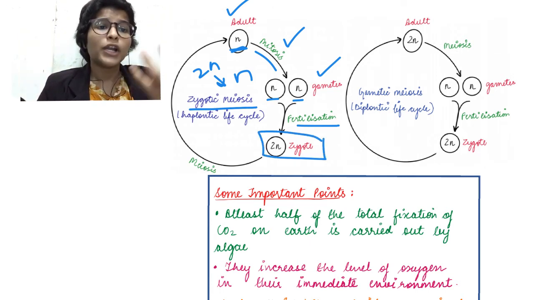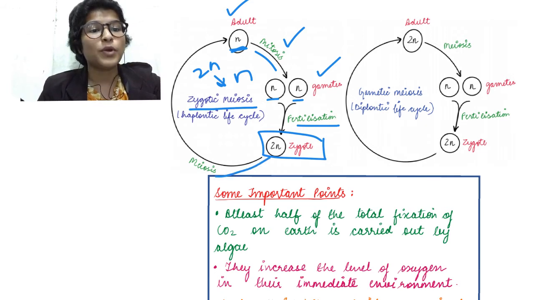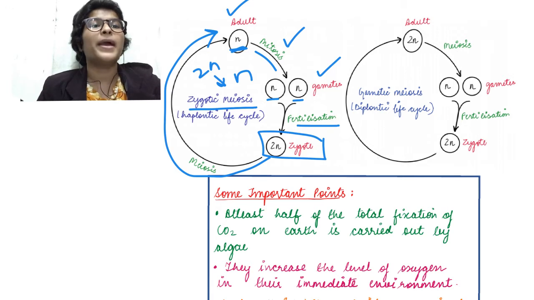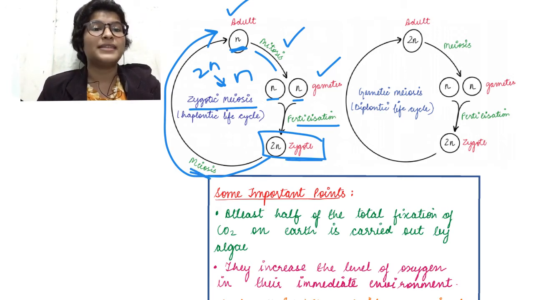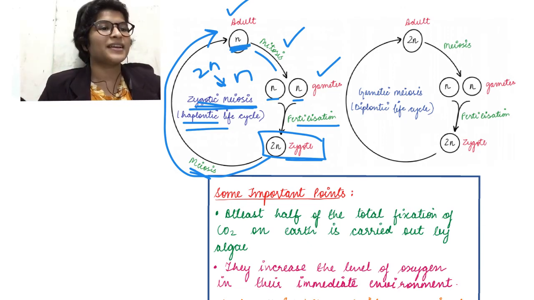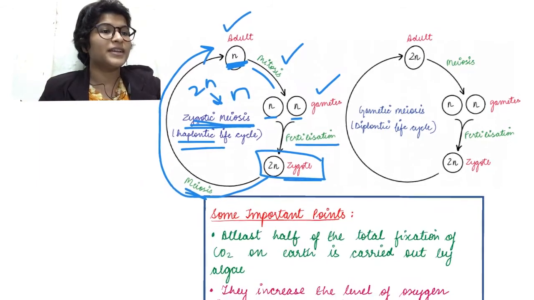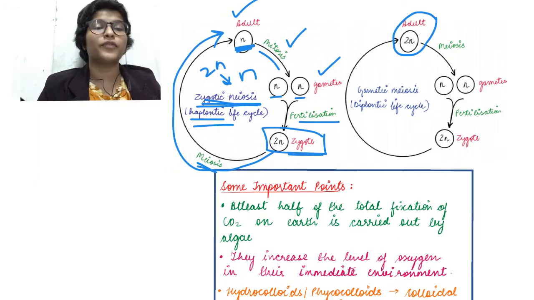Now we don't need 2n chromosomes, right? So we have to cut it to half. इसीलिए meiosis करके it will form an adult. Okay? So zygote का meiosis होता है, इसीलिए this is zygotic meiosis. ठीक है? And this type of life cycle is haplontic life cycle, क्योंकि adult में n number of chromosomes है. ठीक है? The next one here is the adult has 2n number of chromosomes.